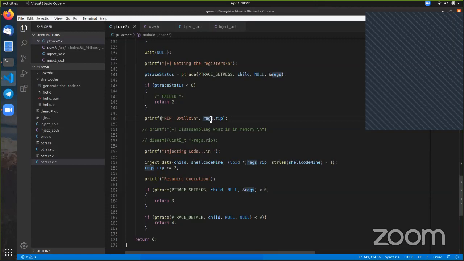Now another thing, let's say, is what else can we do? I don't think we can inject it in a code. I mean, we should be able to create a new thread and inject it there and execute the thread, but that is a little too much effort. So in the next demo, what we're going to see is